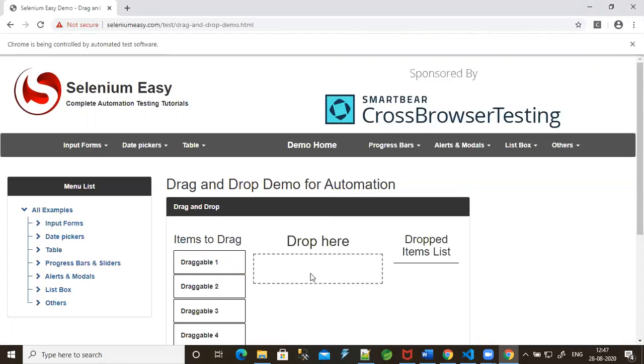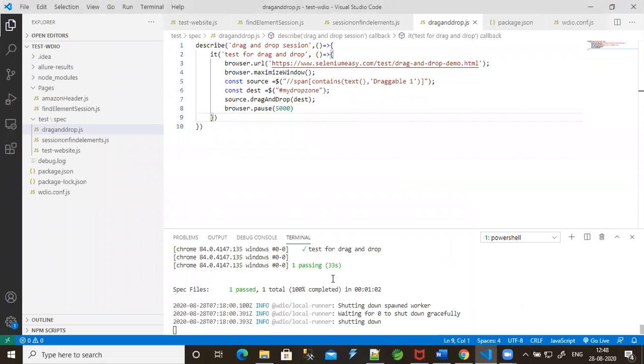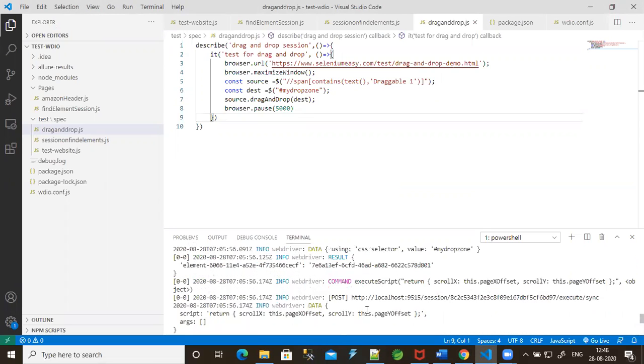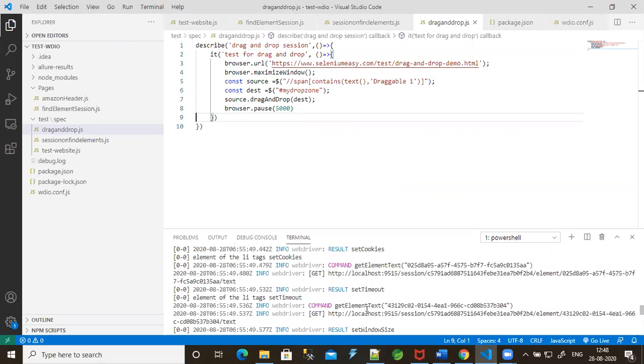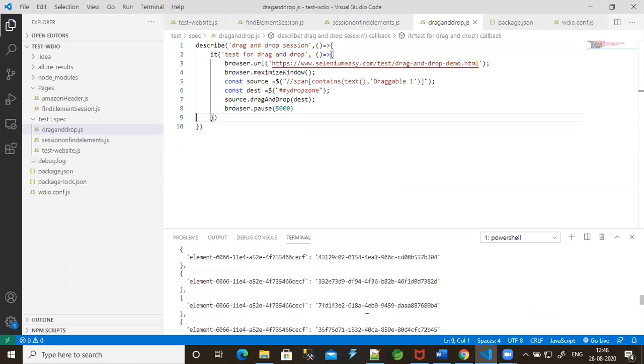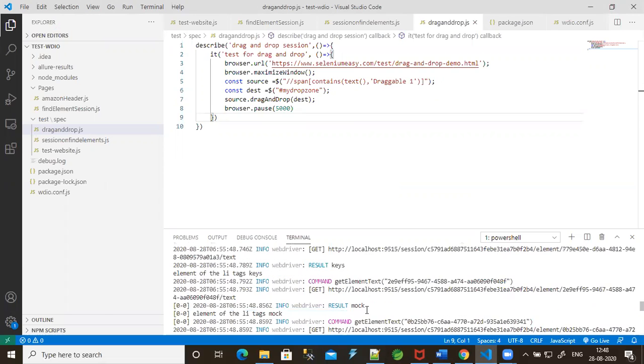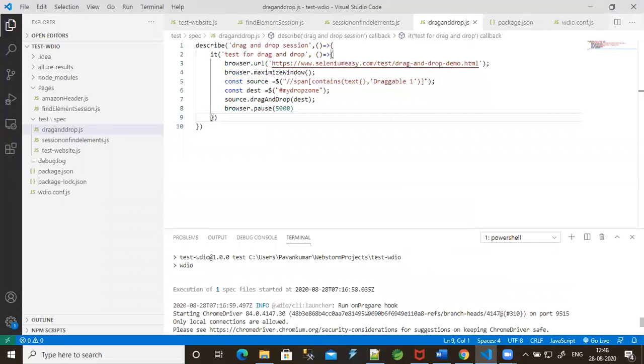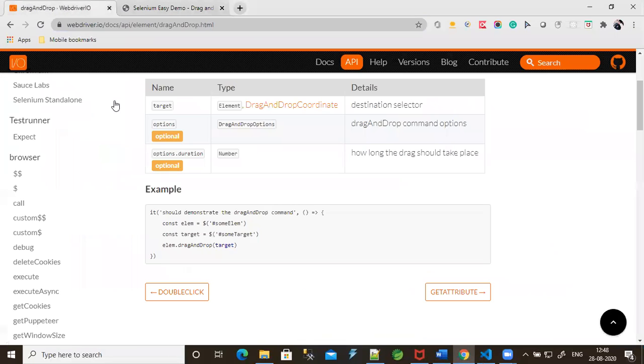Why was it not added here? Let me check once again.